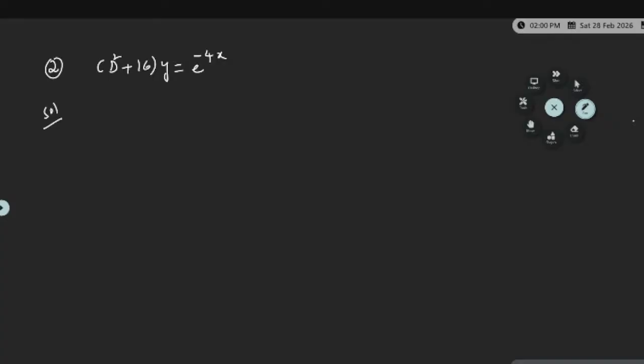What is the solution? Y equal to yc plus yp. M equal to,